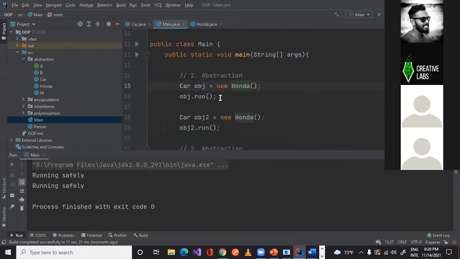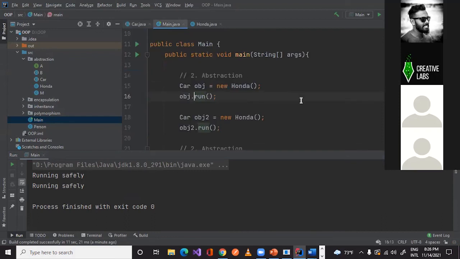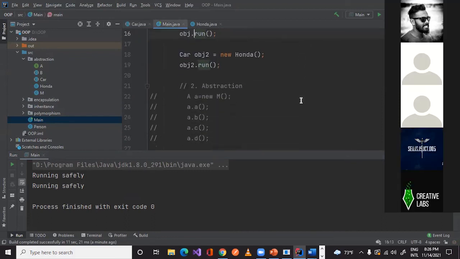So if a person is trying to access this one directly, they cannot see the implementation, what's actually inside there, only the function. So this is what abstraction is. Is that clear? Yeah, sir, clear. Okay.